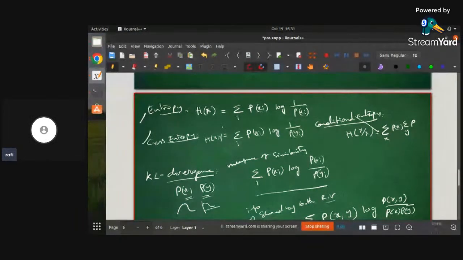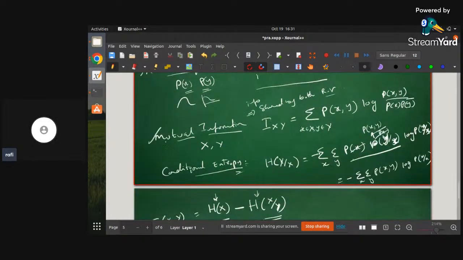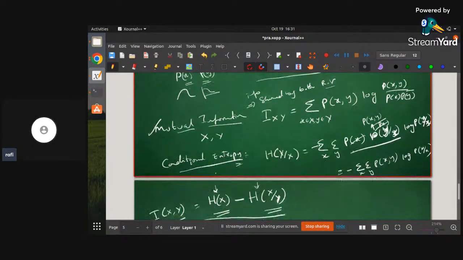We need to see that the true labels and predicted labels are close to each other. So their distributions should match, or the mutual information or cross entropy between the two variables should be less. So all these measures are helpful to formulate such kind of